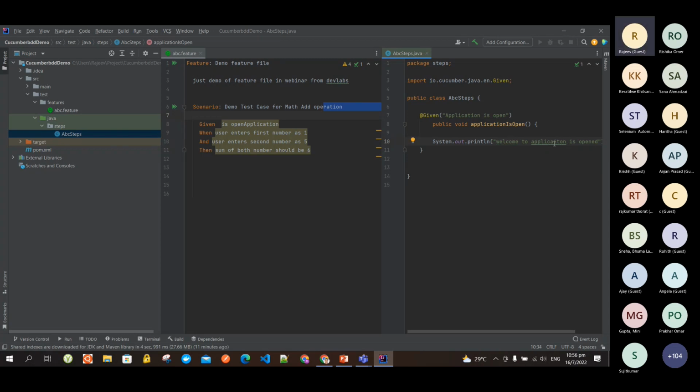Run application. So one step is completed. Other steps also have to be done. What I have to do? I have to go there,